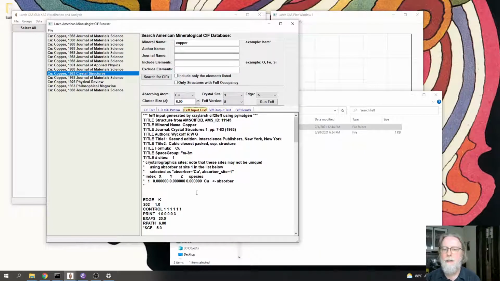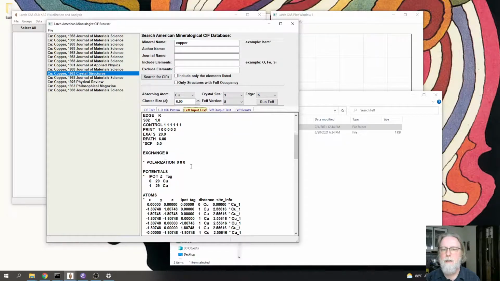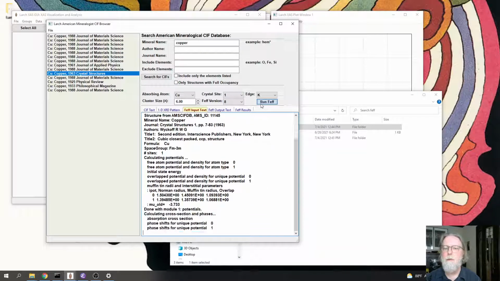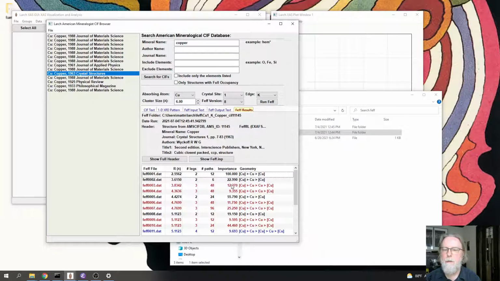The input file has some control parameters for how far out to calculate the XAFS, and it's copper. So I will just do copper site 1, K edge, out to 6 angstroms. We're running Feff8, and we're going to hit run Feff. And we'll run that. And then again in our Feff folder, now it's encoded that the first shell has